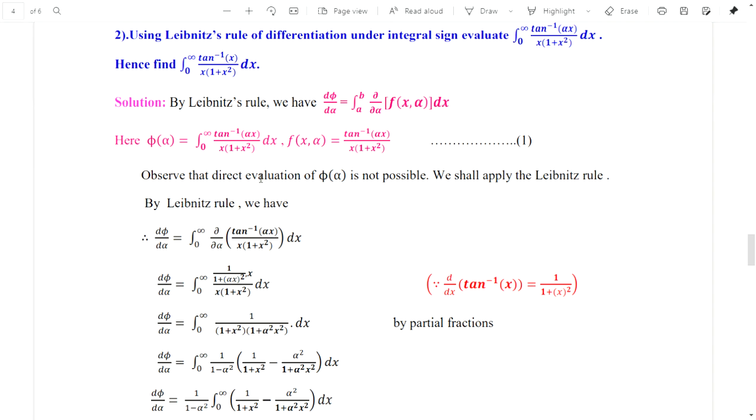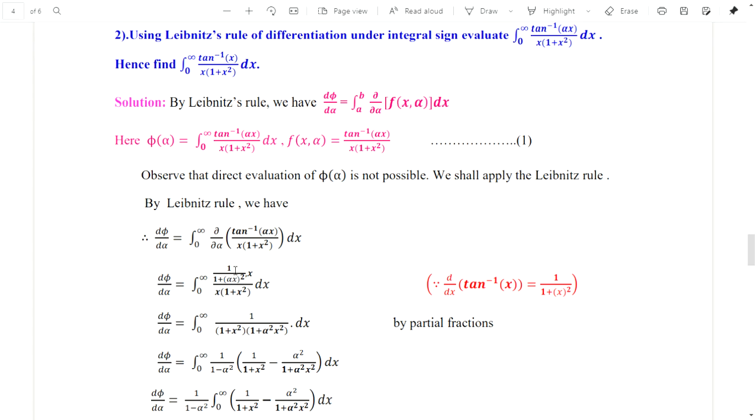So by using Leibniz formula, we have d phi by d alpha is equal to integral of 0 to infinity dou by dou alpha of f of x comma alpha, which is nothing but tan inverse of alpha x by x into 1 plus x squared into dx. That is equal to integral of 0 to infinity dou by dou alpha of